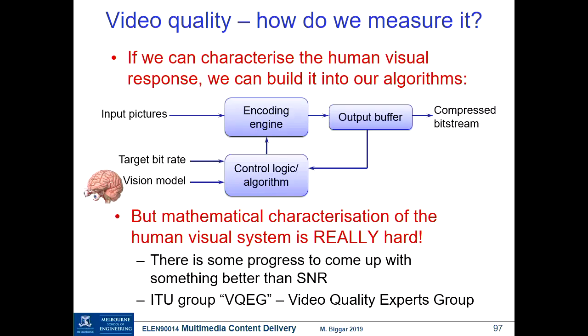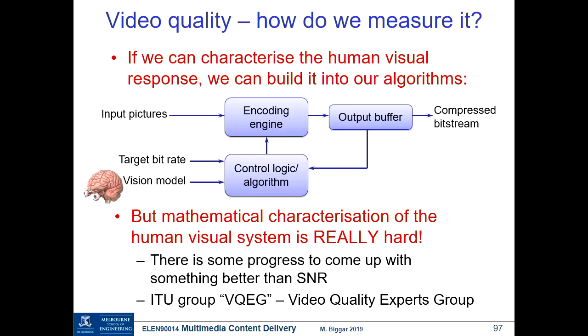There are lots of efforts that have been carried out. There are standards groups that have tried to come up with better measures than just signal-to-noise ratio. Signal-to-noise ratio is a useful indicator of perceived distortion, but it isn't very accurate, particularly for low-rate, low-quality video. The signal-to-noise ratio is pretty poor. So there are other measures that people have developed, but it's a long way from being a solved problem, because